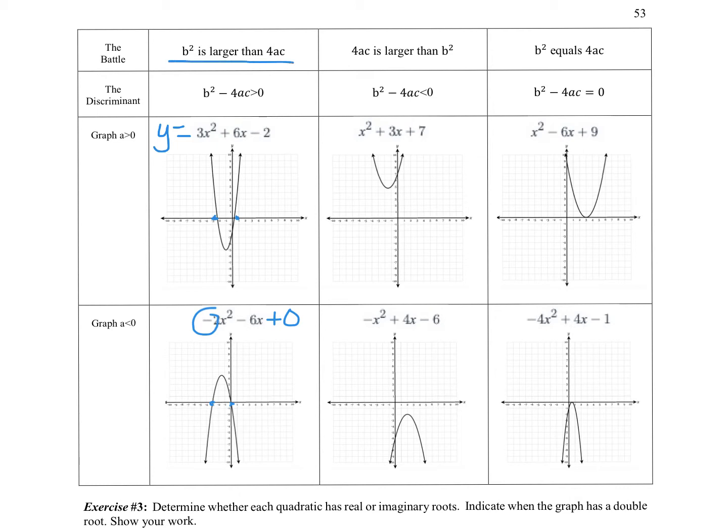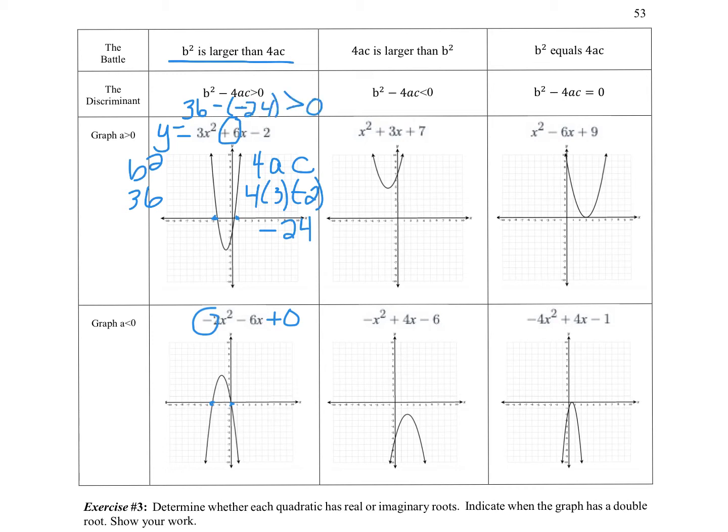So for example here, if I do b squared, that's 36. And 4ac is 4 times 3 times negative 2. So 36 is definitely bigger than negative 24. Another way we can say this, if we calculated b squared minus 4ac, so 36 minus negative 24, that's greater